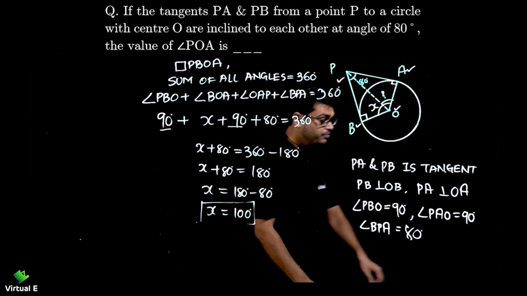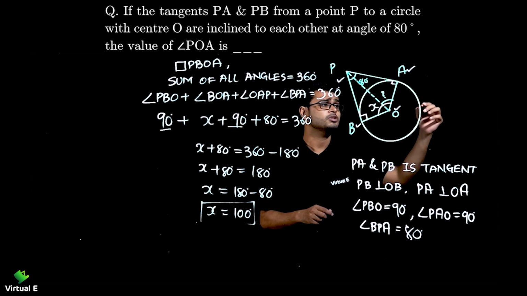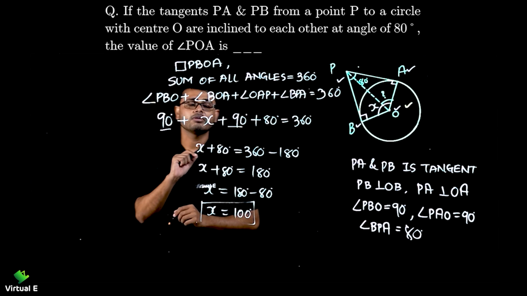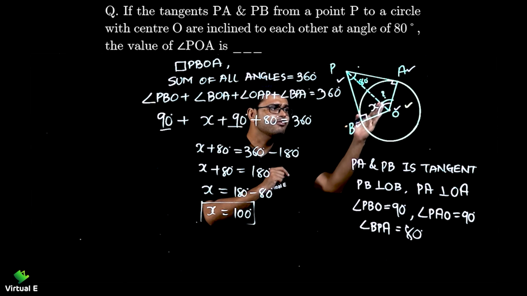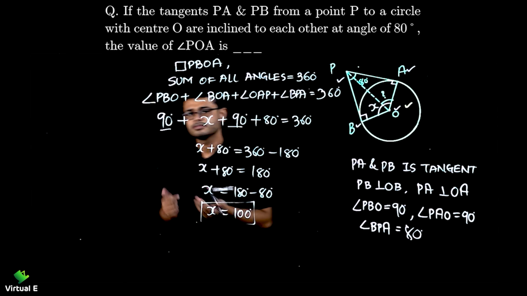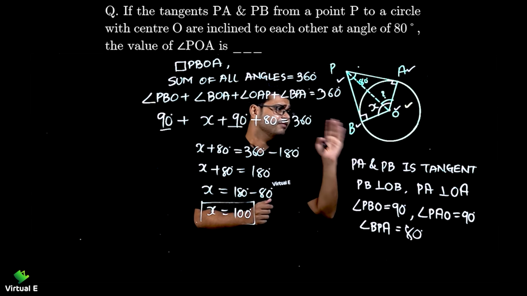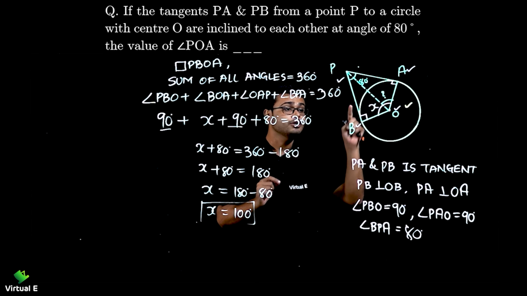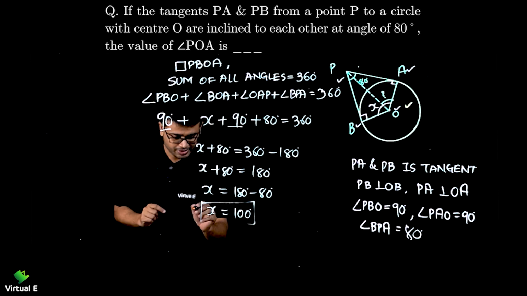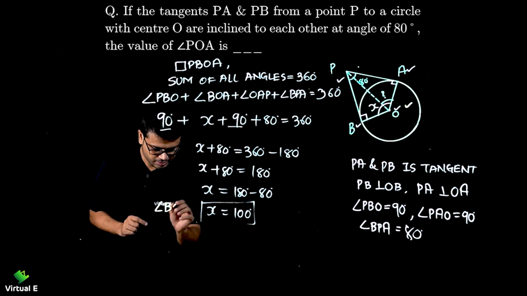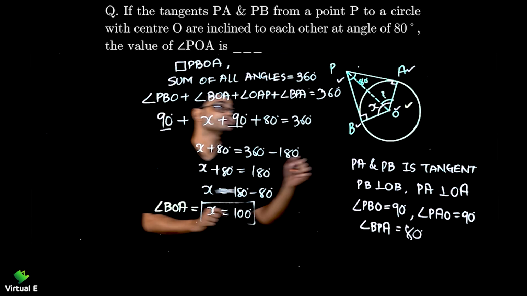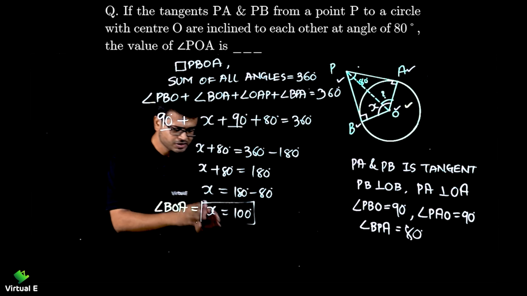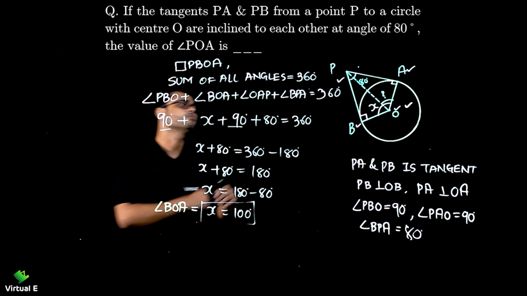See over here, in the previous question, what we were doing: this angle was given and we were finding this one, subtracting from 180. The same you can do over here. This angle is given and subtract from 180. So you will get the angle at the center. Simple, right? But when we write X is equal to 100 degrees, that is not the value of POA, that is the value of BOA, right? You can write here, it is angle BOA, not the answer that we want to find. This is not our sum done with, right? So far we did this in the previous question, we stopped here, right? We need to do one more step.